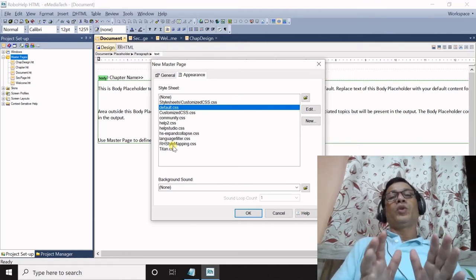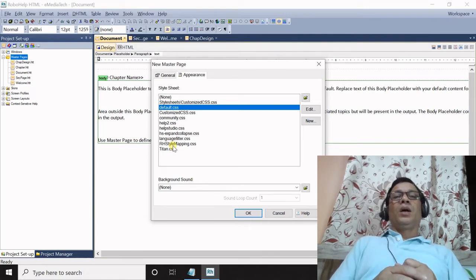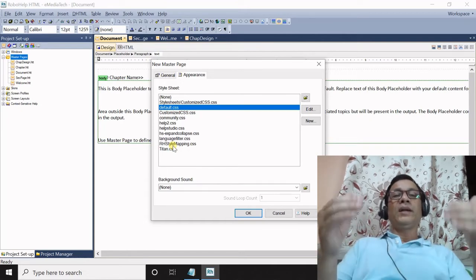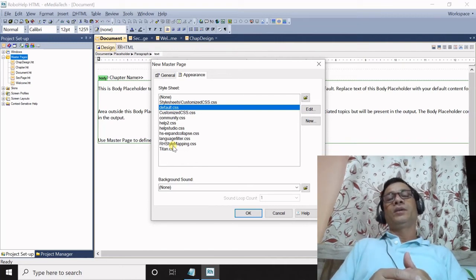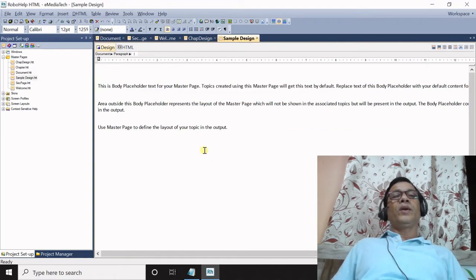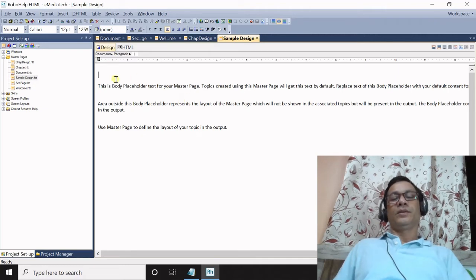Select the most appropriate style sheet that you want to apply to this master page. Remember that this is important, particularly when you have multiple style sheets attached to your project. In this example, I have selected default.css. Then click OK. You can see that this design has been created.